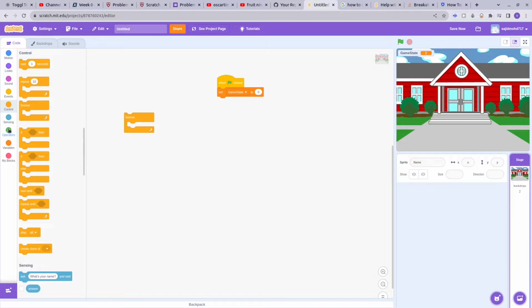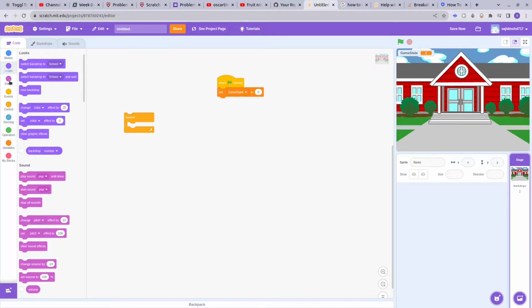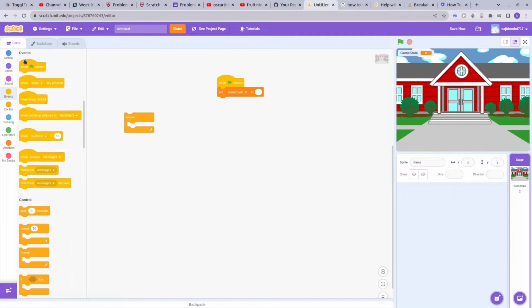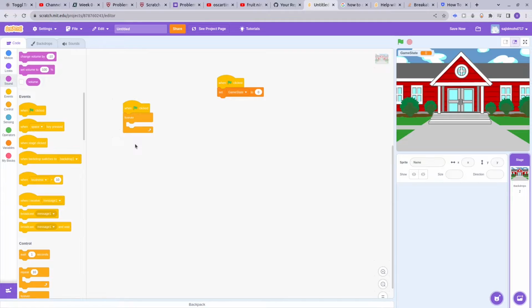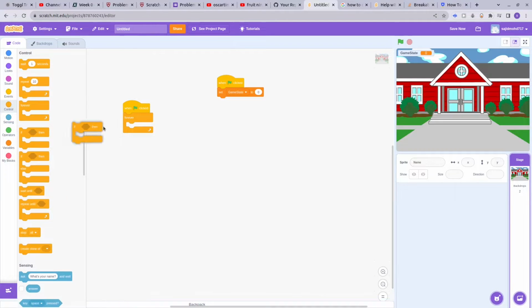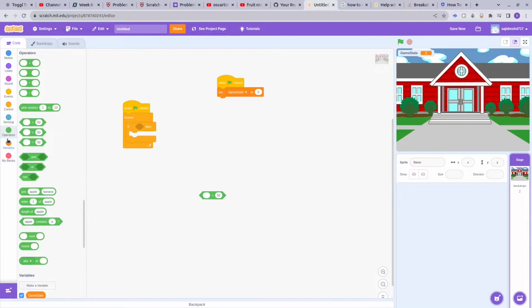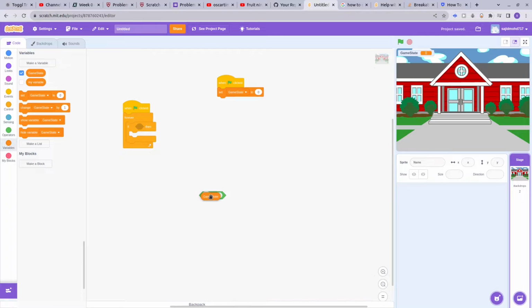For every single sprite, we're gonna have a forever loop. This is like a convention for programming actually. Every single program is gonna run forever, and you'll find out why it's helpful in just a bit. So this forever loop is gonna start running when this button is pressed. Forever, if the game state is equal to 0,